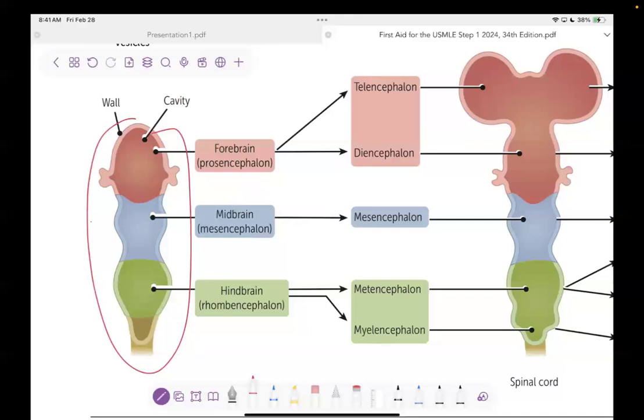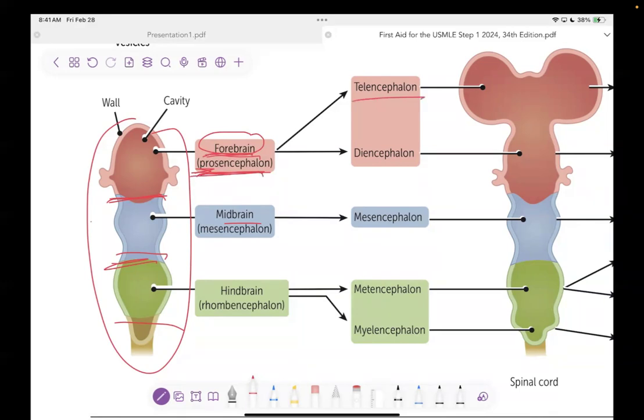Slowly, at first, it is divided into 3 parts. The first part is called forebrain, the middle part is called midbrain, of course, it makes sense, and the last part is called hindbrain. So forebrain: when you say forebrain, you remember it could be like forehead. Also, if you look at the Latin word prosencephalon, pro means something in advance, something like primary. So prosencephalon means primary brain. Forebrain is the front of the brain. So forebrain or prosencephalon